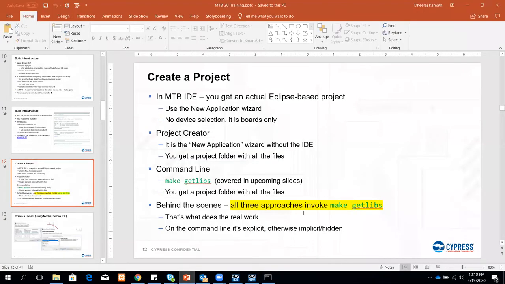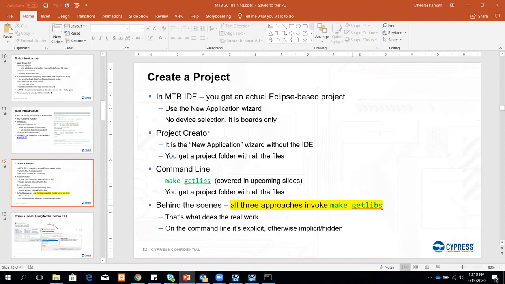As I mentioned, all these three methods will basically do a make get_libs and get all the libraries that you would need for your application, right? So first of all, what is make get_libs? Make is a command which is provided by Cygwin, and based on the parameter here, it will do whatever you specify.